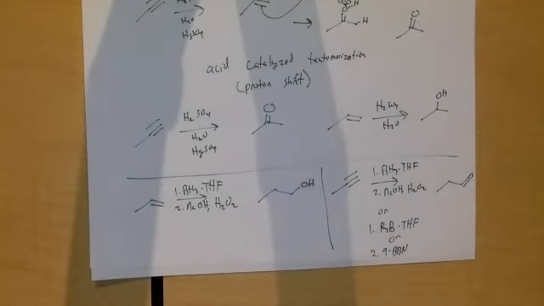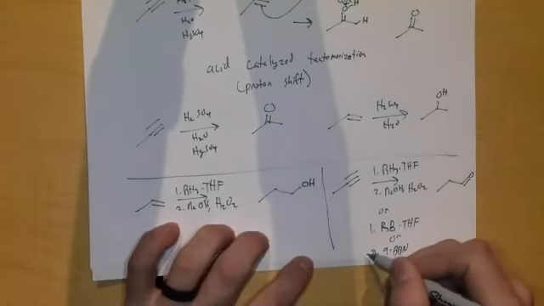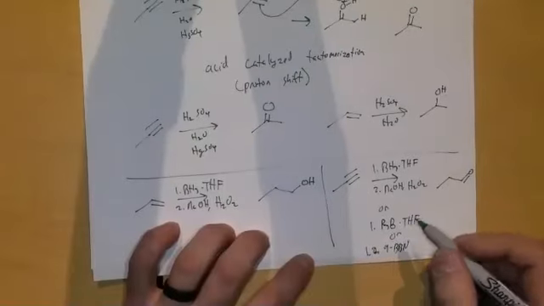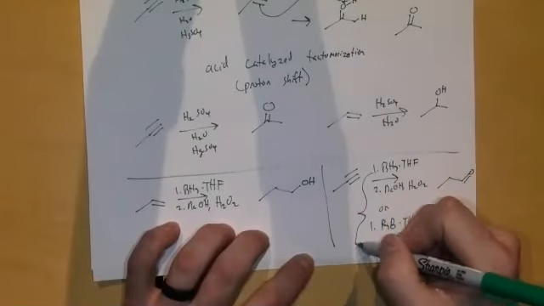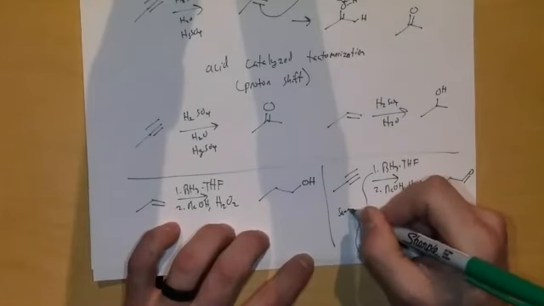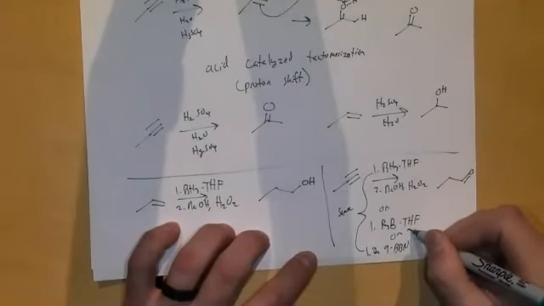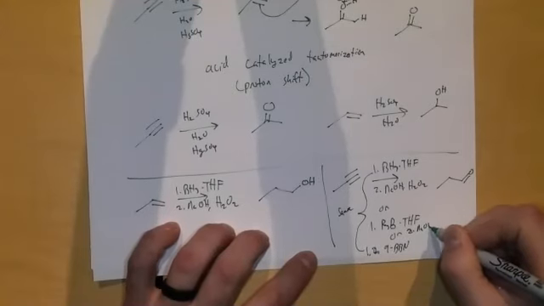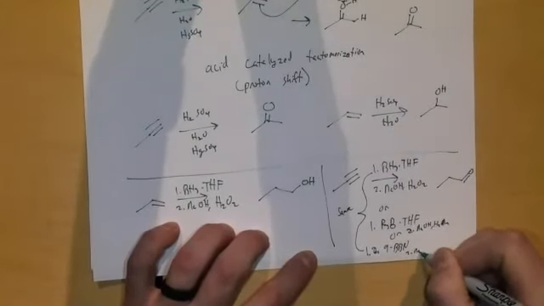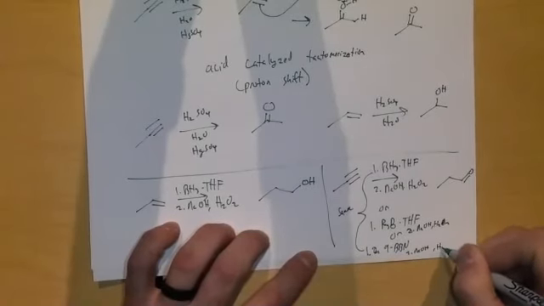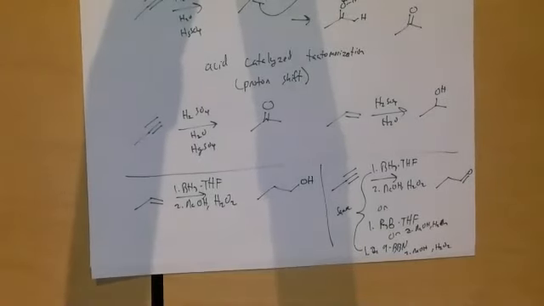They all mean the same thing. Oops, not a 2 there. Should be a 1 also. The second step will be the same. So I'll put the 2 in there. So it should still be NaOH, H2O2. These are all reagents that do the exact same